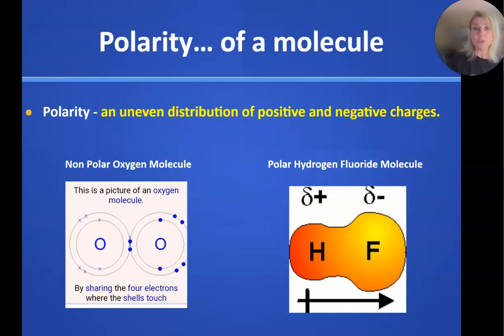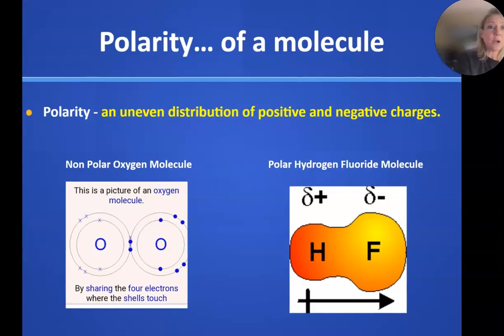And I just want to call your attention to our symbols. This is kind of like an S that's closed at the bottom, I guess is probably the best way to say it. But this is something that's called a partial charge. So when fluorine draws electrons toward it, it makes hydrogen partially positive and it makes fluorine partially negative. Why does this matter, do you ask? Because